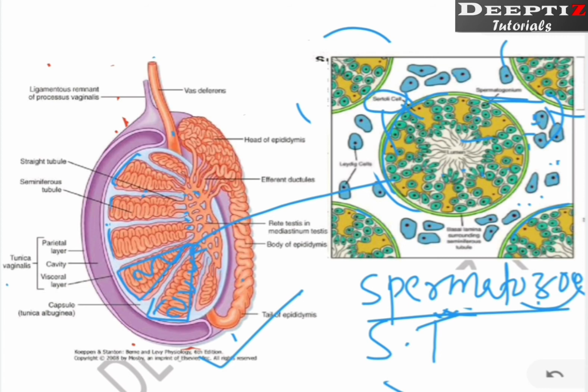So what is present inside the seminiferous tubule, or else these tubes which we can see? This consists of spermatogonium which will develop to form sperms, and Sertoli cells that are going to nourish the spermatogonium or the developing sperms, or which can even nourish the spermatogonium when it undergoes spermatogenesis. What is spermatogenesis? This is the process of formation of sperms from the spermatogonium.